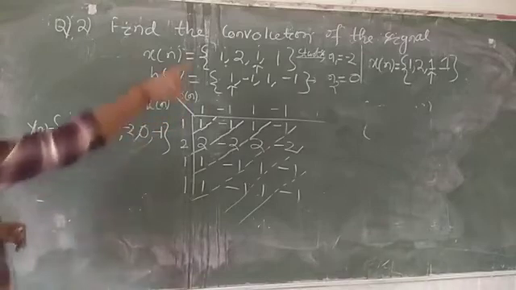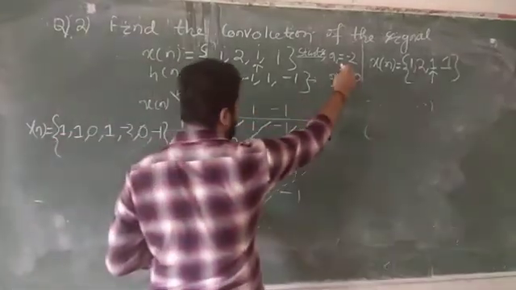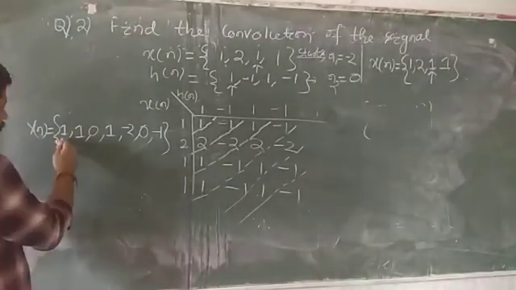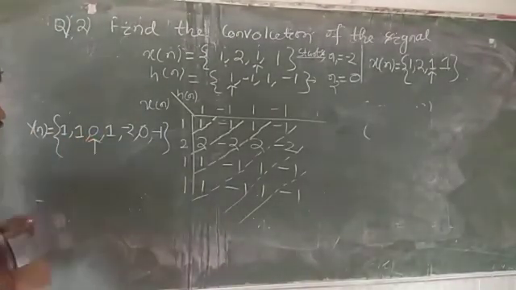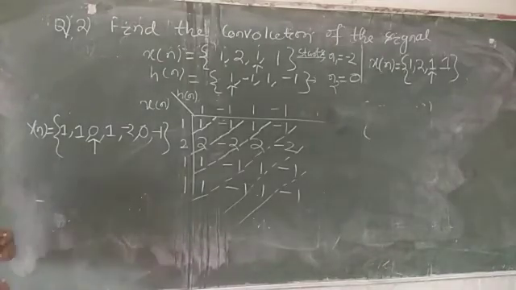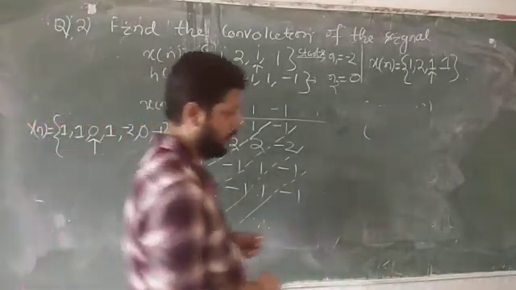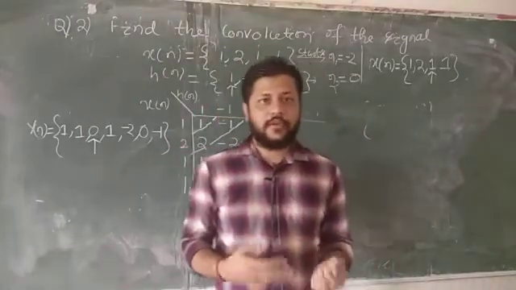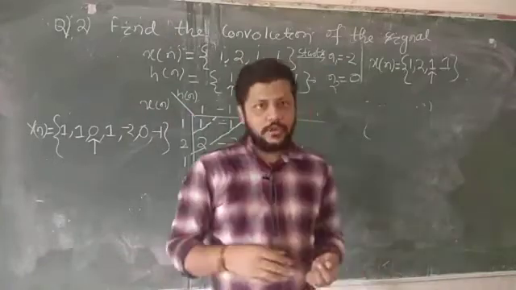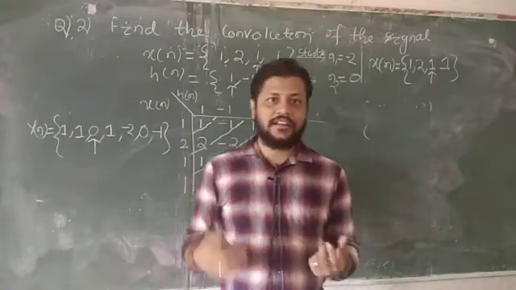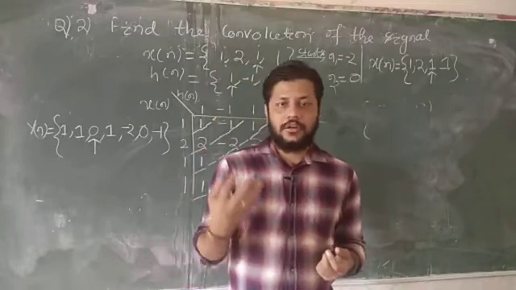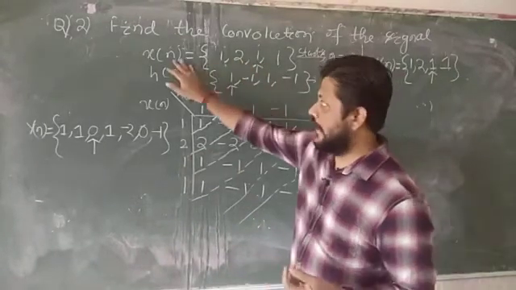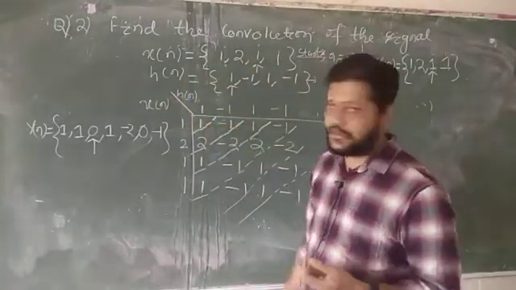Then where is the starting point? For the starting point we observe minus 2 plus 0, that means your sequence must start from minus 2. So minus 2, minus 1, 0. So this is how we got the response of the system by using convolution. In time domain, in order to find the response of the LTI system, you need to find the convolution. The tabular method is generally used when a finite number of samples is present in both xn and hn.